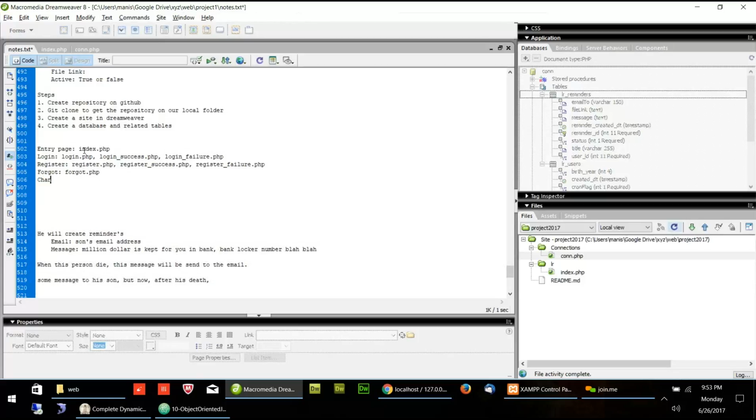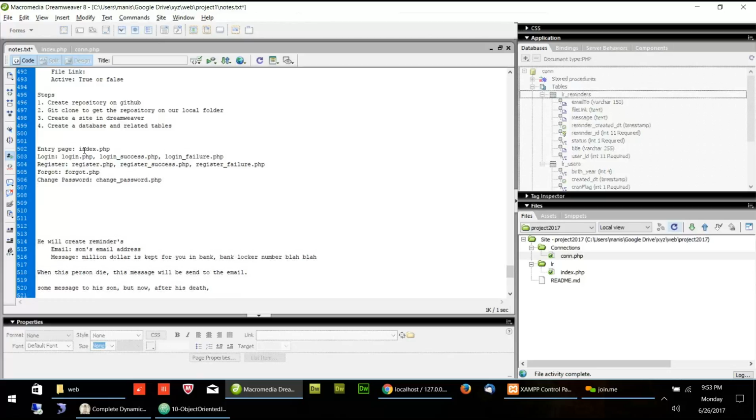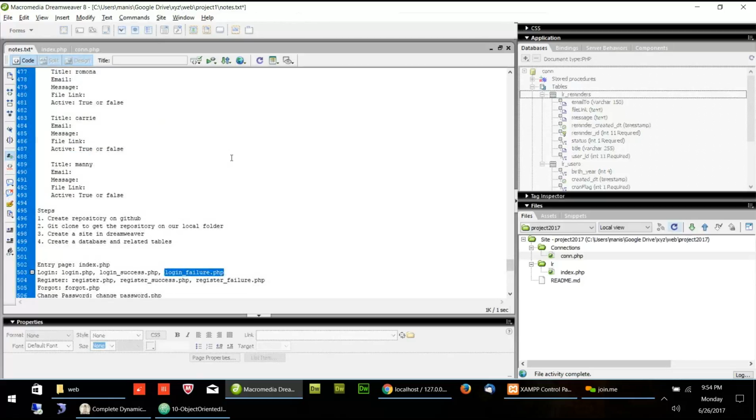Then I will have a change password page, which will be change password.php. I will have a logout page that is called logout.php. Now remember, when we were doing our login in the basics, we were going to login success or login failure. But in the current project,